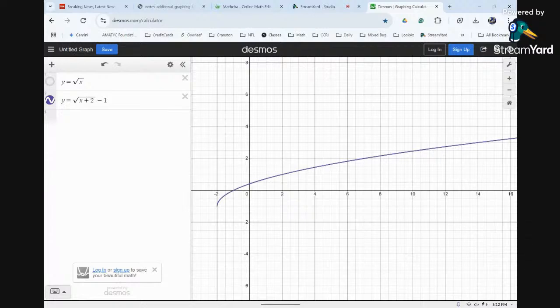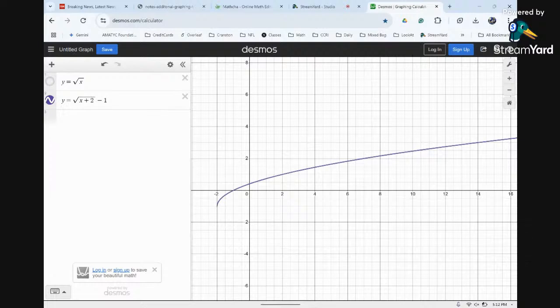So to be clear, for 5 minutes, you're reviewing or learning for the first time what the graph of Y equals X squared is. To do that, put 0, 0 in the middle of a table, sub in -1, sub in -2, sub in +1, sub in +2. Get those 5 points. Do not connect them with straight line segments. Connect them with a curve. You should end up with a U-looking shape